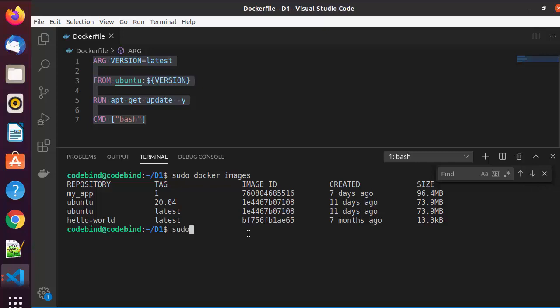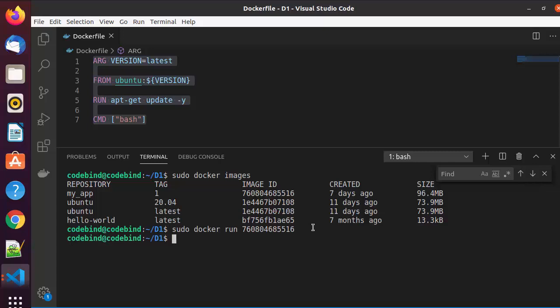So you can just write sudo docker run and then the image ID. This is the image ID of this repository, which is myapp. So I'm going to take the image ID of this image, and then I'm going to press enter,